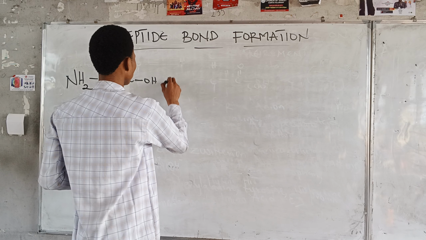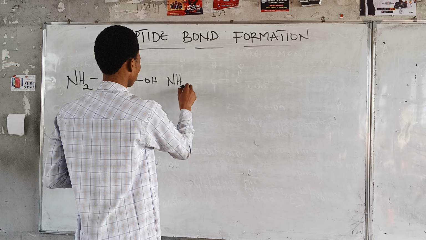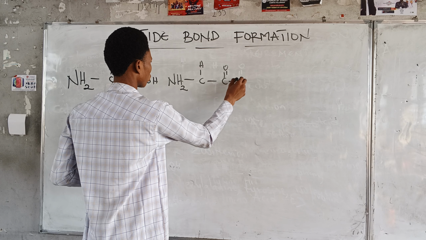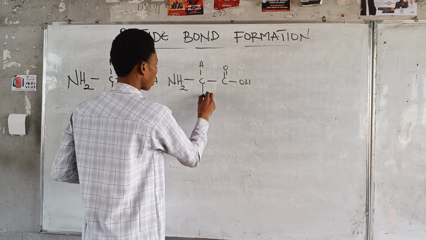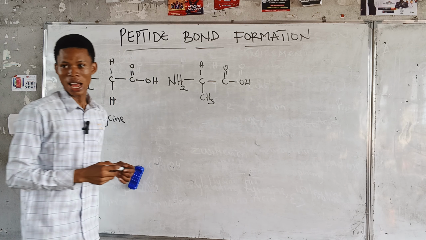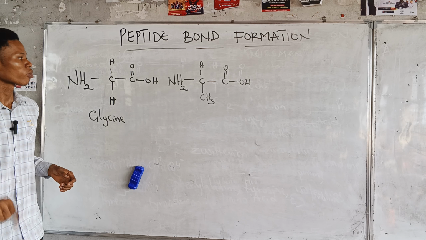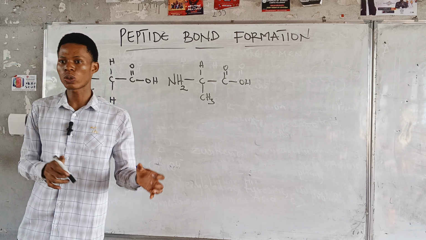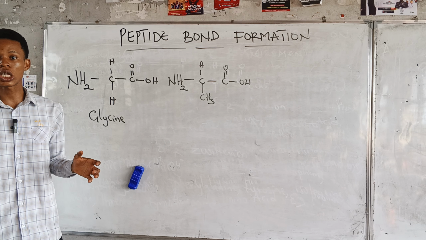If I have this other one, what amino acid is this? Alanine, right? Thank you. Now, if you want to join glycine and alanine together, it is a condensation reaction, is